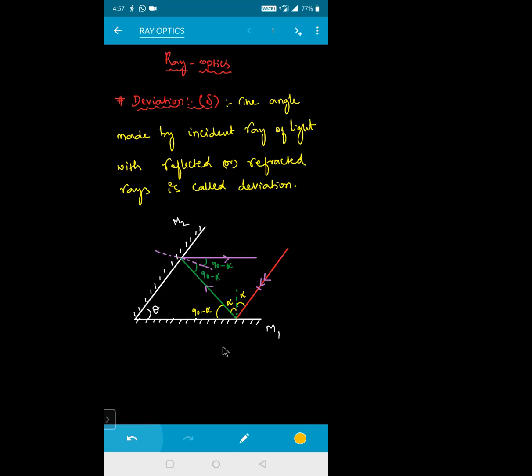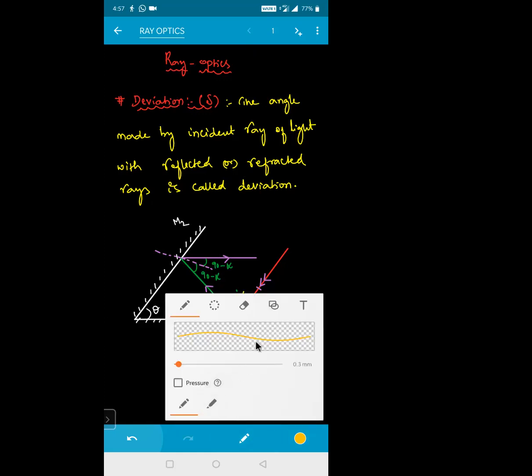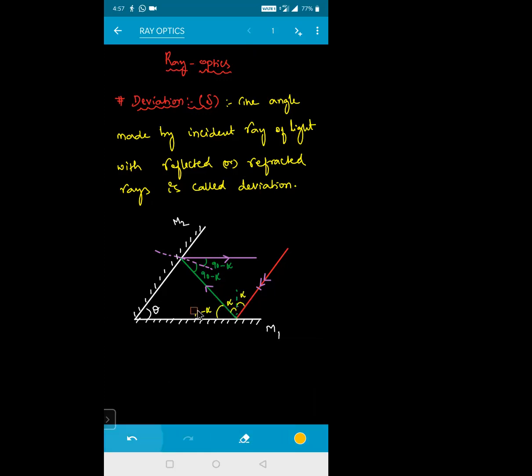This I'm giving as 90. Right now, say for example alpha, this angle is nothing but 90 minus alpha. Sir, don't get confused. What you do is remove this one and assume that I'm giving you only this one as 90 minus alpha. This angle right now, like say this is given for me. Now tell me the deviation, beta.